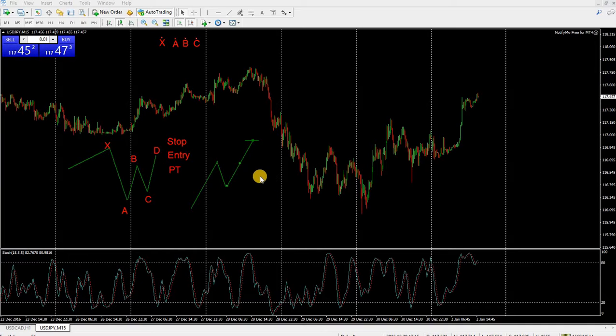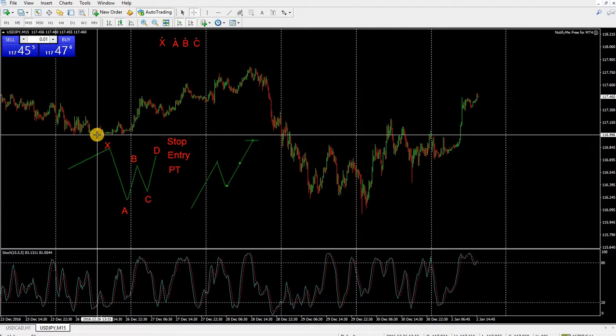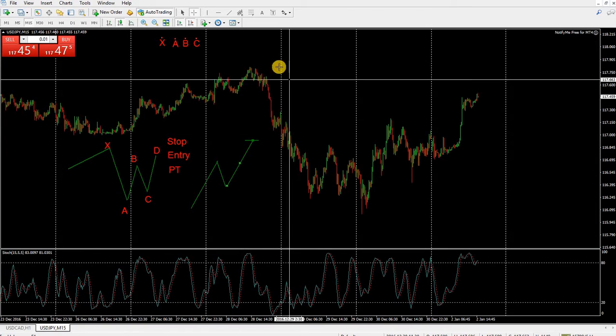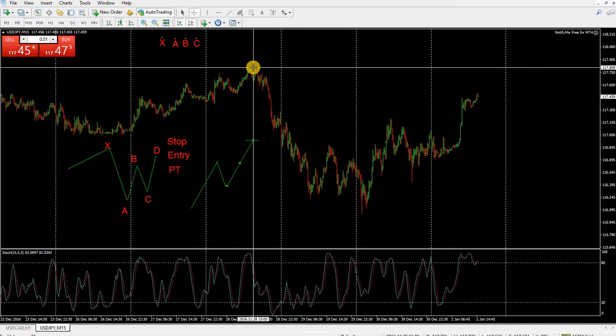So Gartleys are made up of two parts. The initial part is your X to A leg. That would be here to here. And what you're looking for is one, that it breaks a previous swing point, and two, that it's a large and sustained move. So if we take a look here, the previous swing point of 117, swing high of 117.80,